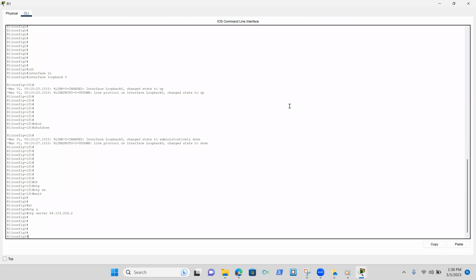Right? So now, if we issue a show clock command to view the system clock settings, it